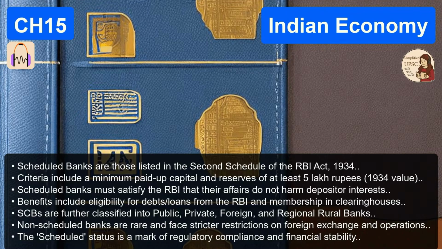Now, within this scheduled category, Sanjeev Verma breaks down scheduled commercial banks, or SCBs. This seems to be where the main action is. Break this down for us because there are so many types. The SCBs are the heavy lifters of the economy. We classify them based on who owns them. First, and historically the most dominant, are the public sector banks. Oh. The PSBs. These are the government banks. Yes. The government of India holds a majority stake. That means more than 51%.